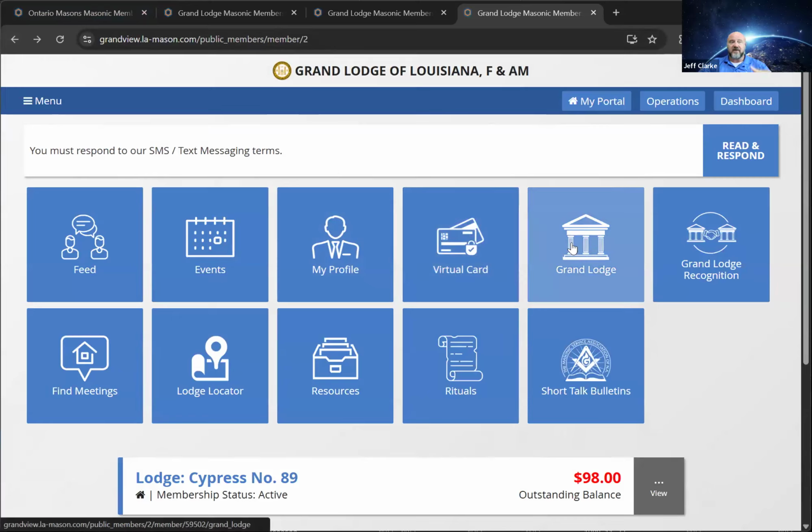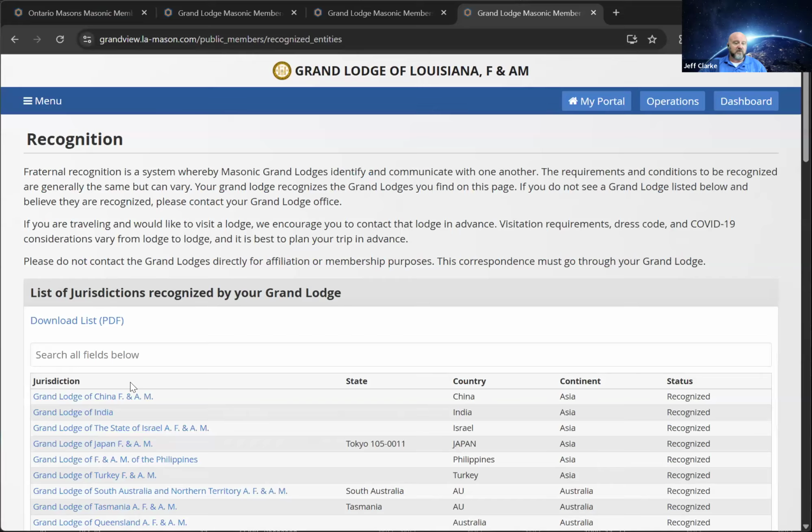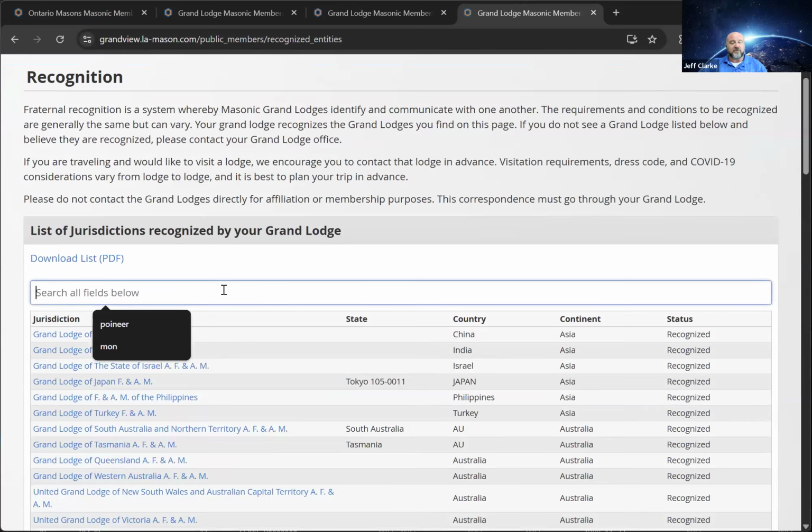You have access to Grand Lodge, where you can see the officers, the members of different boards and committees, and things of that nature. Your Grand Lodge is currently configuring your recognition. Once it is completely configured, every single member in the jurisdiction will have access to your recognition. So your members will be able to see what Grand Lodges and who you recognize,